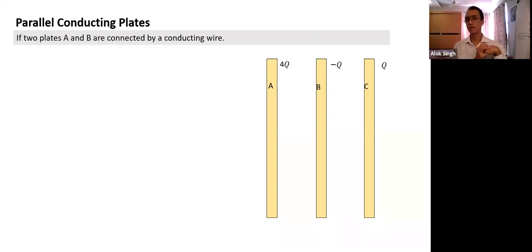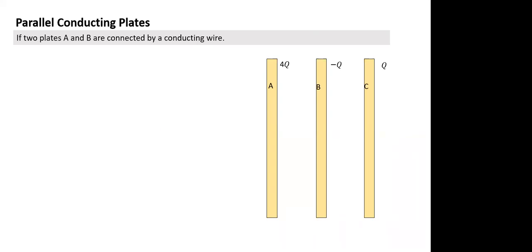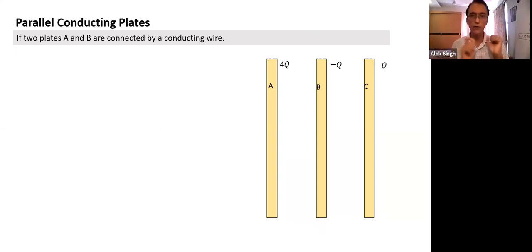Difference in potential. So if we connect two conductors, is it necessary that charge will flow? No, the charge will flow only when there's a potential difference, similar to a water tank, with the water levels being unequal. So if we connect, what will happen? The charge will move from a plate with higher potential to lower potential until they have a common potential. And if we take the total system, the two conductors A and B together, their combined charge will remain conserved. That's what will happen.